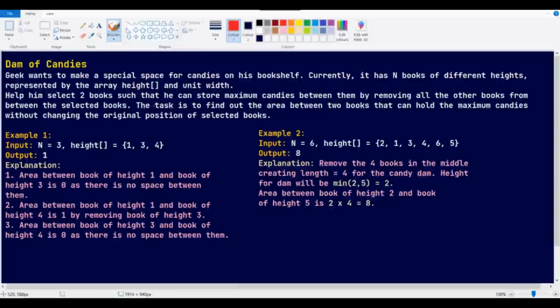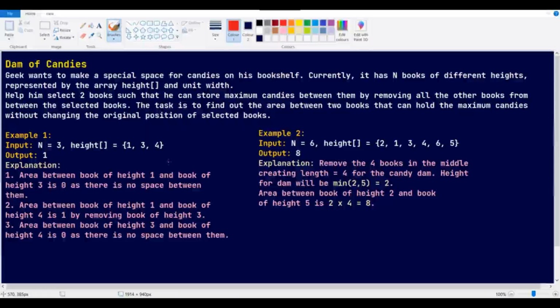So he just needs to select the case and select the bookshelf, and he will take only one book out, which is for reading, and he will fill all these chocolates in the space of that book. So we just need to find a book which stores the maximum number of chocolates by removing it. In this case they have given three books. There are three books in the shelf and the book heights are 1, 3, 4.